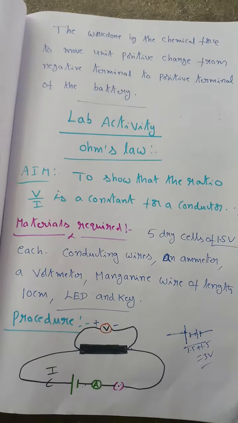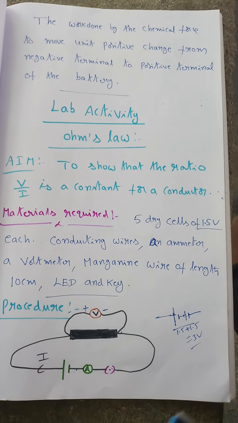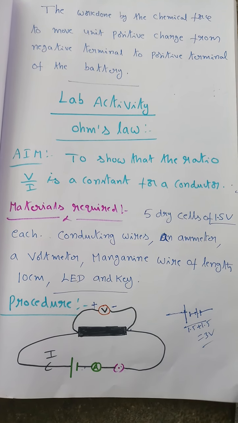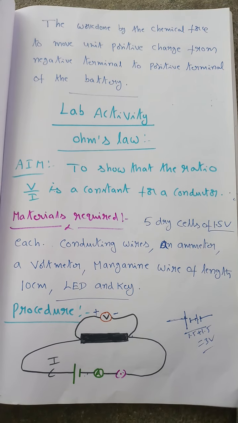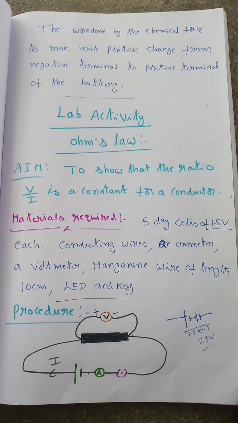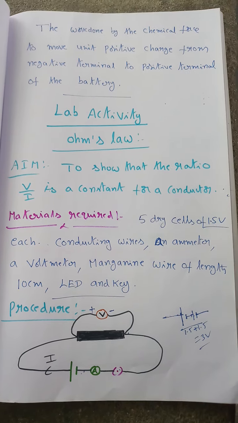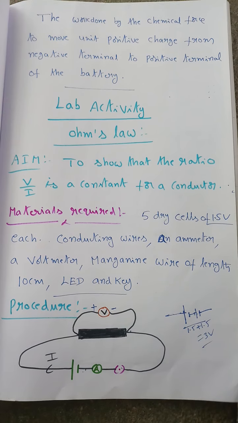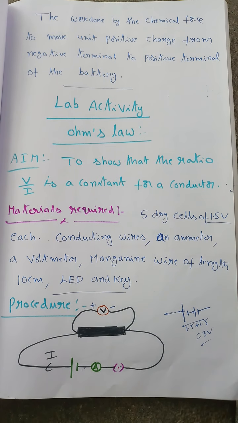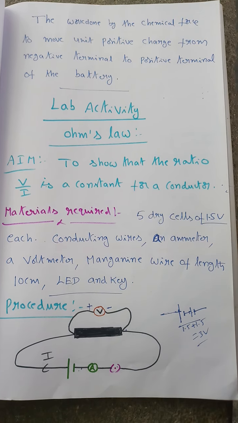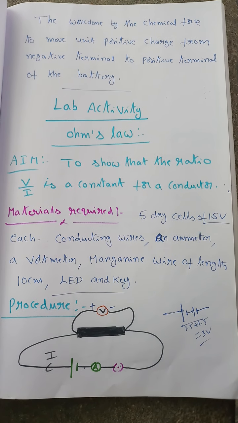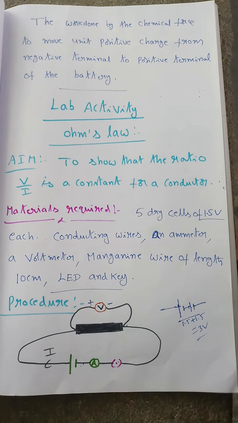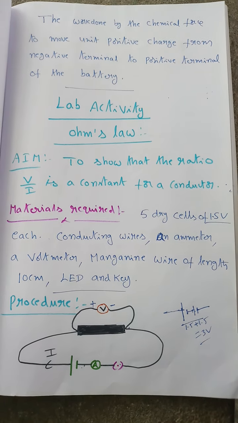Hi students, in the previous class we have seen the working of a battery. Now see here, that is Ohm's law. Till now we know only that a current flows between 2 points because of potential difference between those 2 points. So yet we don't know the relation between voltage and the current, but we know that because of voltage the current flows.